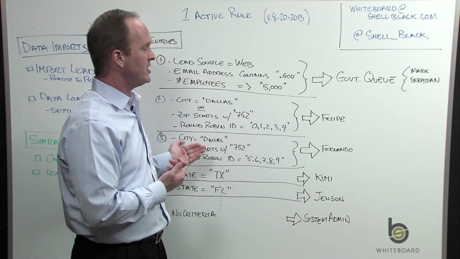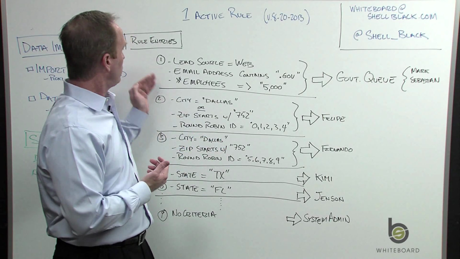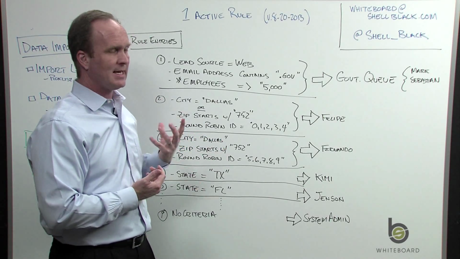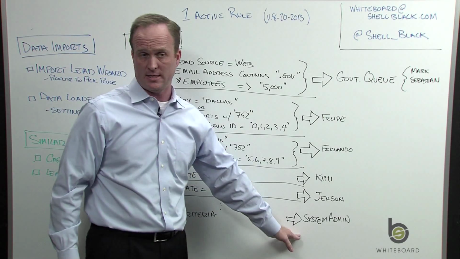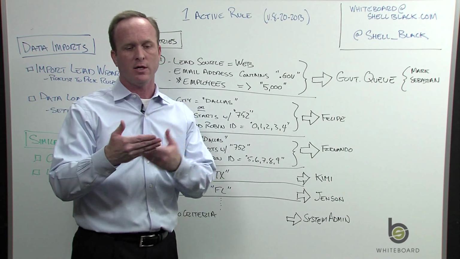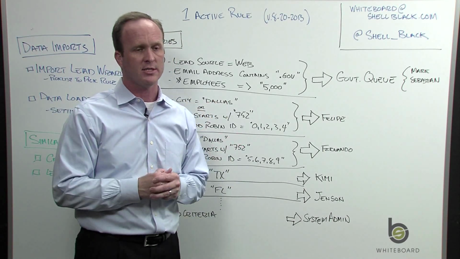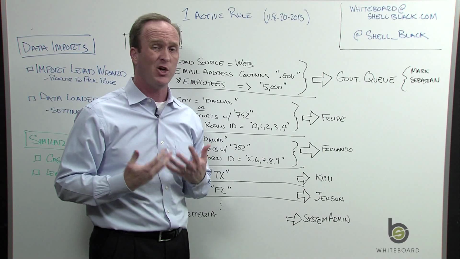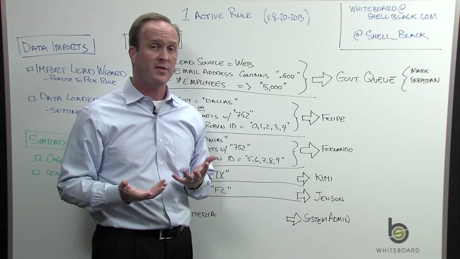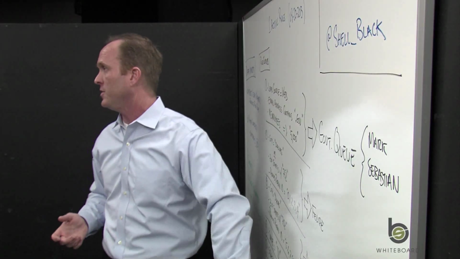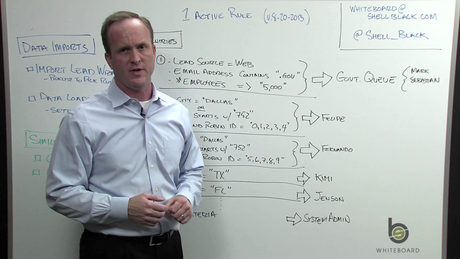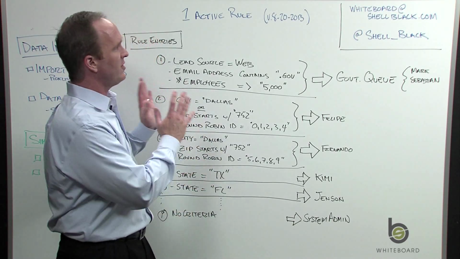I need to make sure that there is a rule entry to catch this record. So if anything does make it to me, I can look at that record, look at the criteria, look at what came across into the database, and try to figure out who should have gotten it. And once I make the determination, then I can update my rules. But this is kind of the catch-all, to make sure everything happens. Okay, so that's how